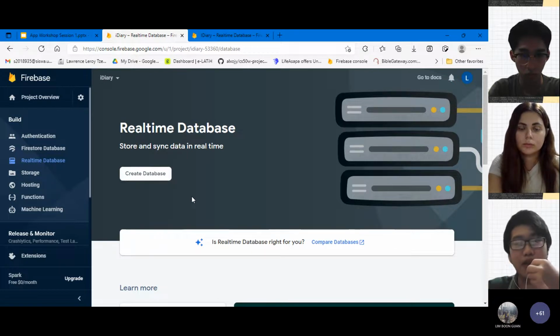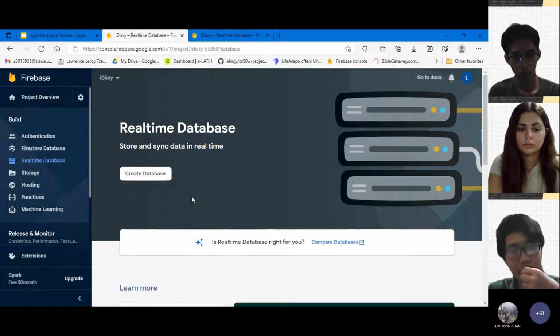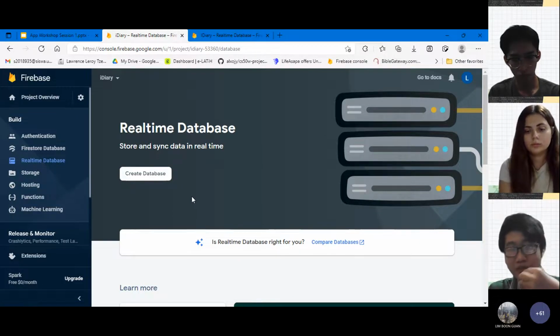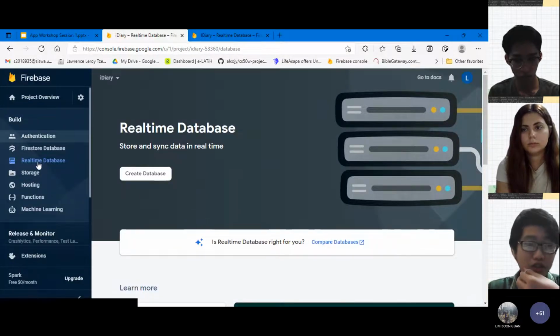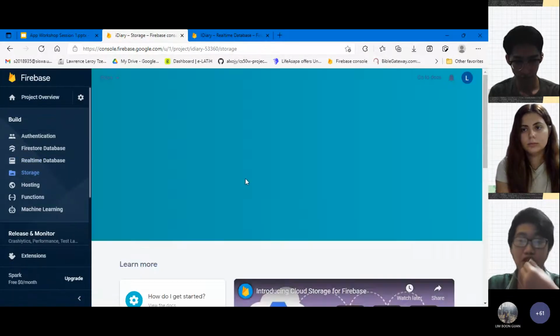Then what about more complex data like audio or pictures, or the combining of images and audio, which is video? Well, all data can be broken down into zeros and ones, but it's not that intuitive to store all these zeros and ones. I'm talking about not just millions, maybe billions of zeros and ones in string form inside your Realtime Database just because you want to store videos. It's not that smart. So that's why Firebase console created Storage.